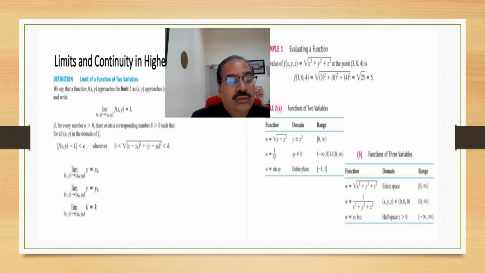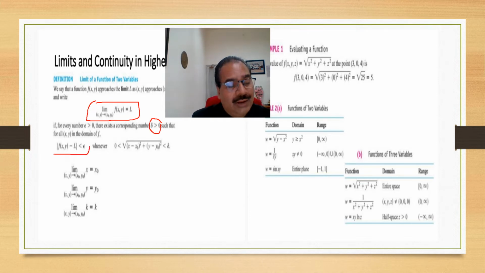If you talk about the limit of a function of two variables, we say that a function f of xy approaches the limit capital L as xy approaches x naught y naught, and it may be written as this: limit as xy tends to x naught y naught of f of xy is equal to capital L. You can say this is the limiting value of this two-variable function of x and y, if for every number epsilon greater than 0, there exists a corresponding number delta, which would be very small but positive, such that for every xy in the domain of f, modulus of f of xy minus L